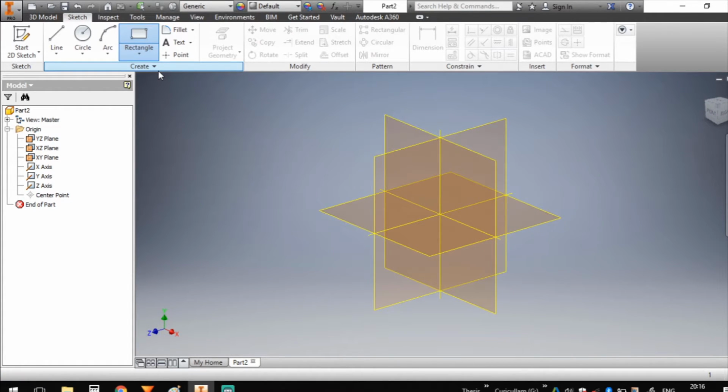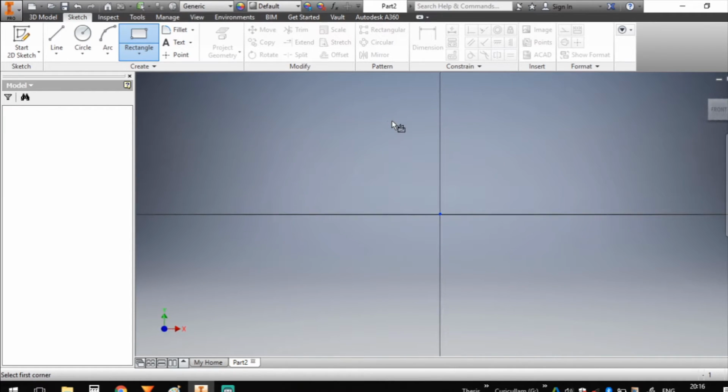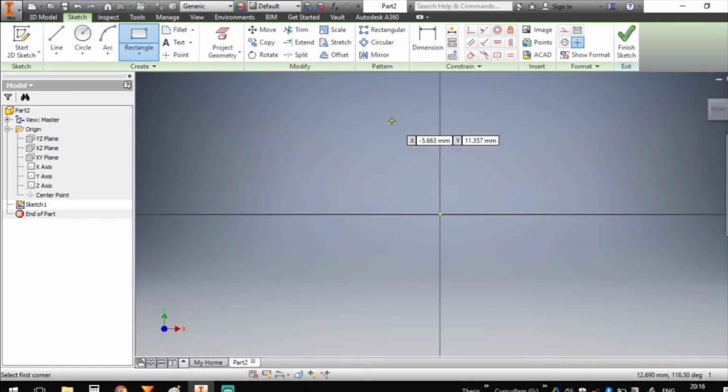Now to create a sketch, first of all we need to select the plane, either YZ, XZ or XY. You can select from this model tree or from the plane itself. I will select the XY plane. Now you come to the sketch panel. Here you can see the message on the bottom left corner: select first corner.